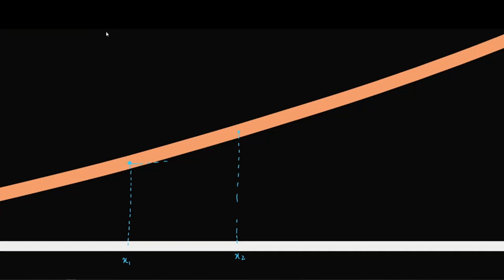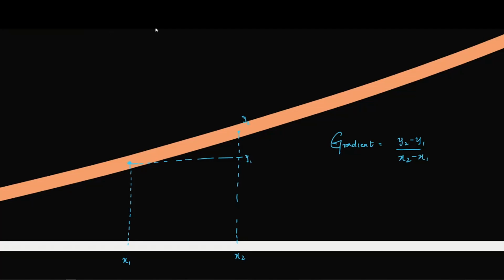And therefore this height over here, this point will be y2 and this point will be y1. So if we apply the same formula again, we know that the gradient is equal to y2 minus y1 over x2 minus x1. So now by zooming into a curve graph, we've actually made it look like a straight line graph, and therefore we were able to apply the same straight line graph formula. So that's it, we are now able to get the gradient of a curve graph by using the straight line